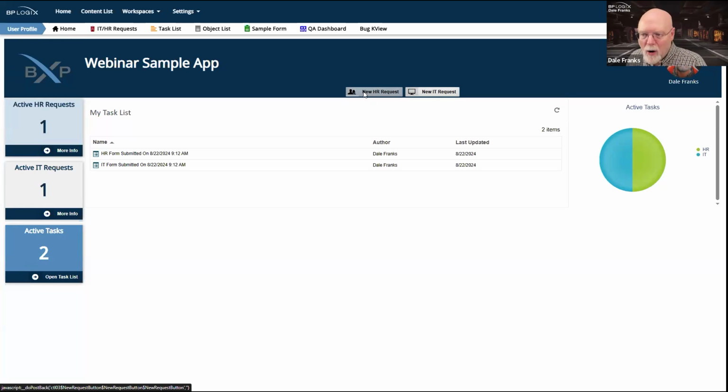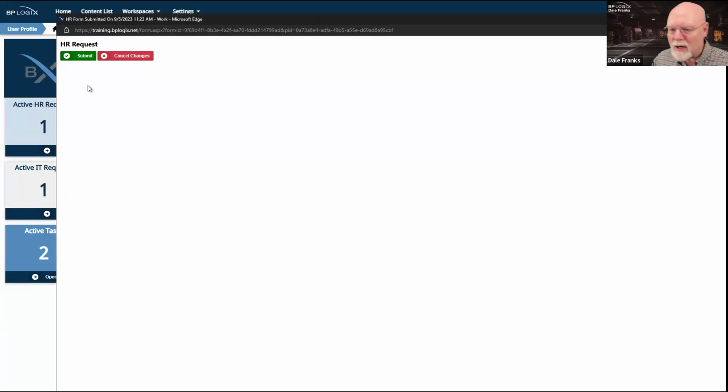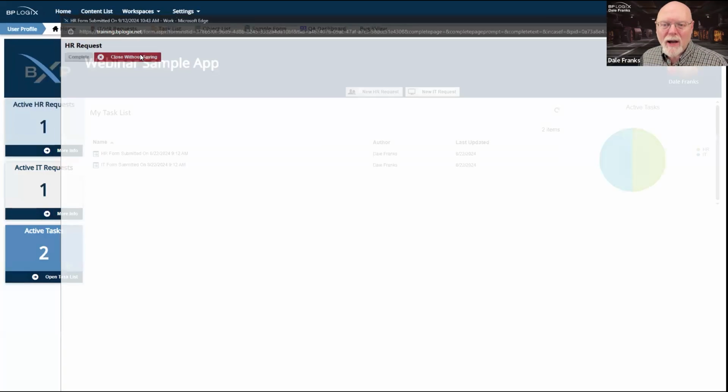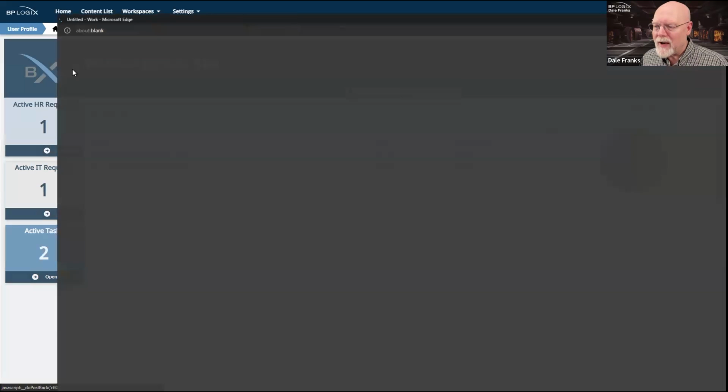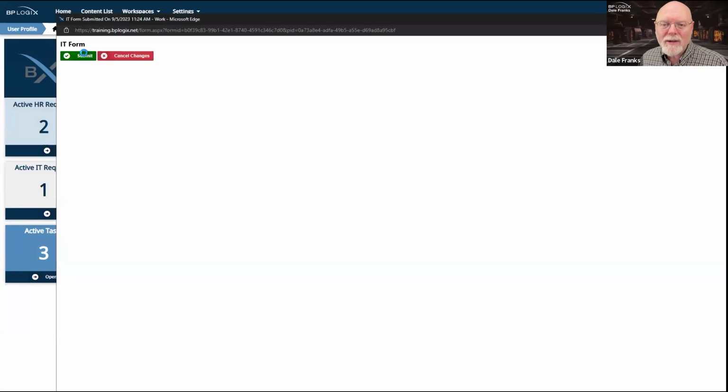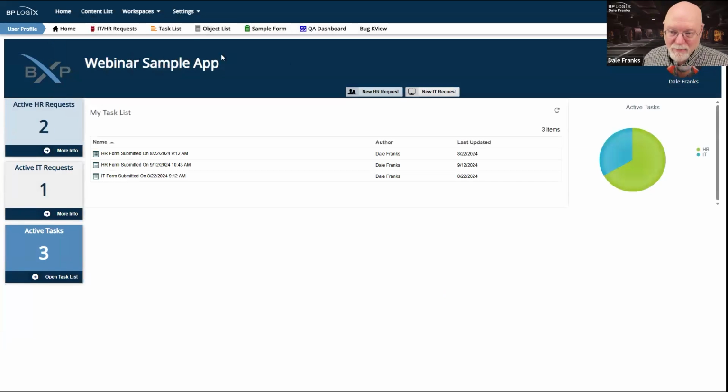Once I open and submit these forms, they're going to do the things that they're supposed to do. So there's my HR request. I'm going to go ahead and close it without saving. Here's a new IT request. I'm going to go ahead and close without saving. Well, I'm going to submit it. Then I'm going to close without saving. And then I'm going to refresh my task list.